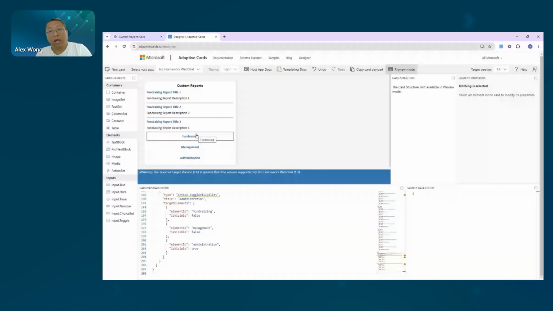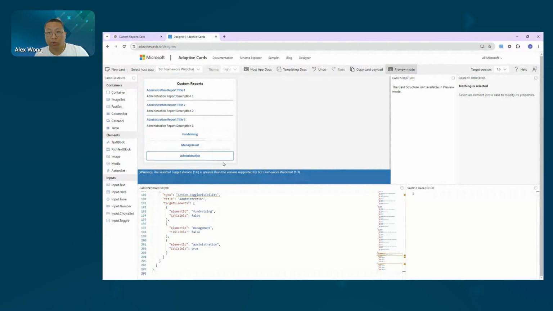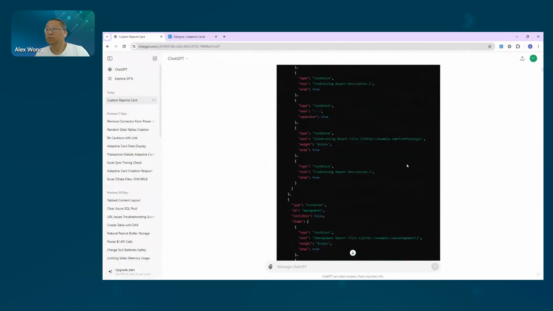I may have categorizations of different reports. Certain categories of reports are considered fundraising. Certain categories of reports are considered management. Some category reports are considered administration, for example. Okay. And right now, if I go back into my preview mode, okay, it's not working the way I asked it to. Basically, what I asked it to do is almost like a tab situation, where I want these to be tabs. When I click on one, I'm only shown those that are considered fundraising reports, and it's not doing exactly that. So after a couple of other prompts,